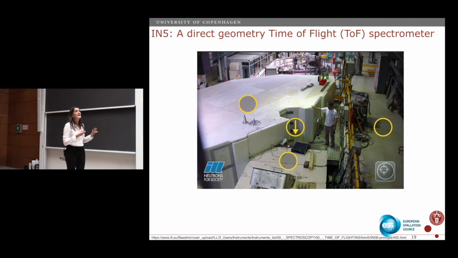So this is the IN5 instrument that I showed to you data from at the beginning. And don't ask me what these arrows are. I couldn't take them out from the photograph on the web. So the reactor is here, where the neutrons are produced. We have what we call a neutron guide hall. This is the spectrometer. This, I think, is Jacques, the person responsible for the instrument. We mount the sample here, and here is the bank of detectors. And then the guide continues to another instrument. We have many instruments one after the other.